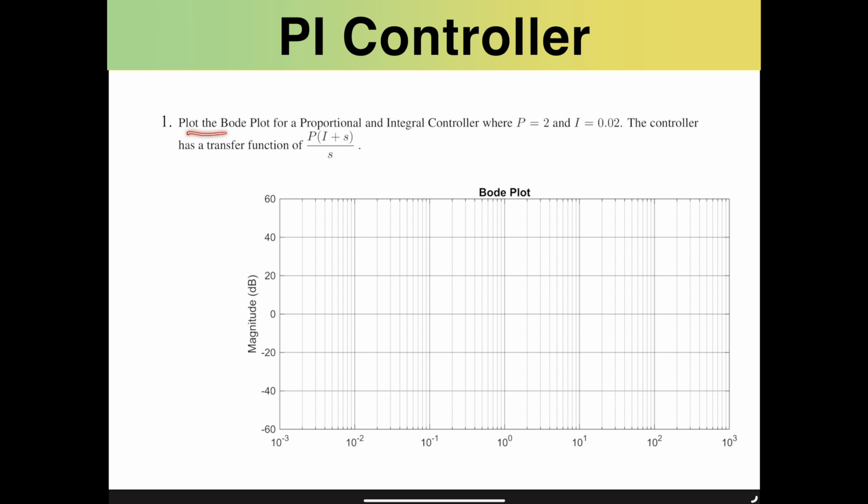The first one is saying plot the bode plot for a proportional and integral controller where P is 2 and I is 0.02. The controller has a transfer function of obviously P times I plus S divided by S. So this is a hint to give us an idea about how a PI controller looks in frequency domain. As we have discussed extensively in our previous video, how to deal with bode plot of different transfer